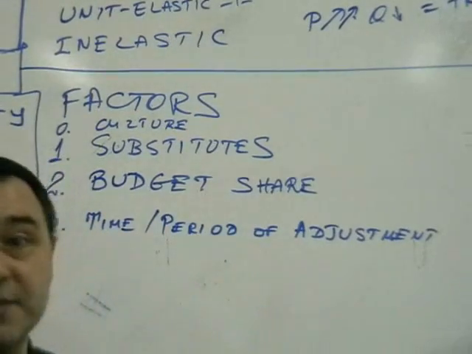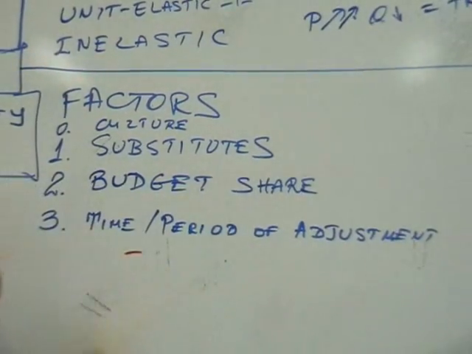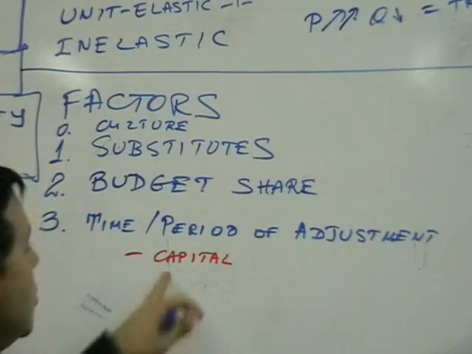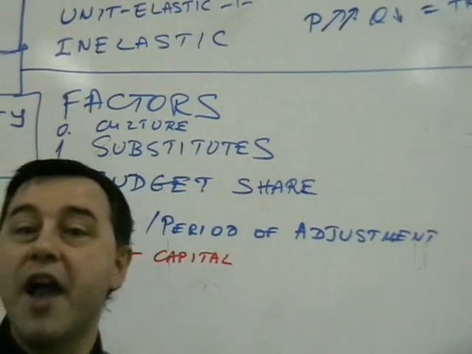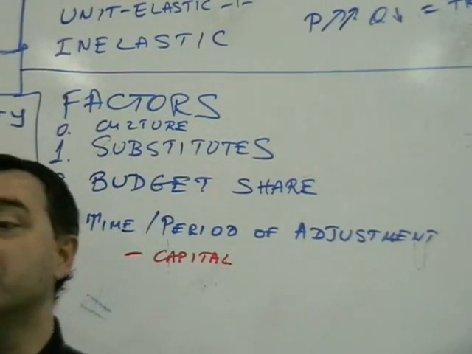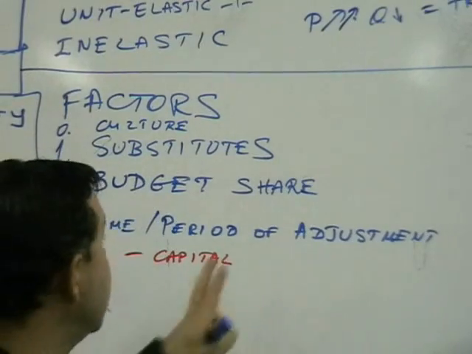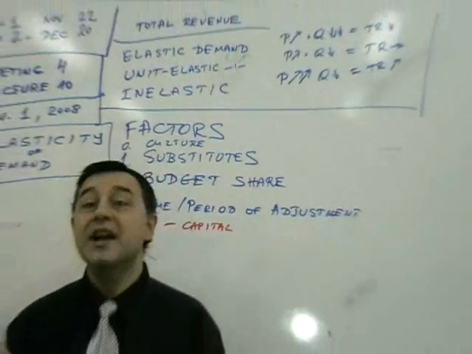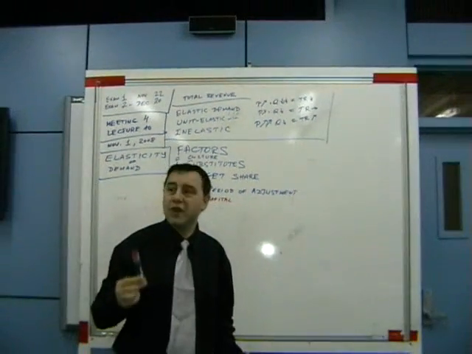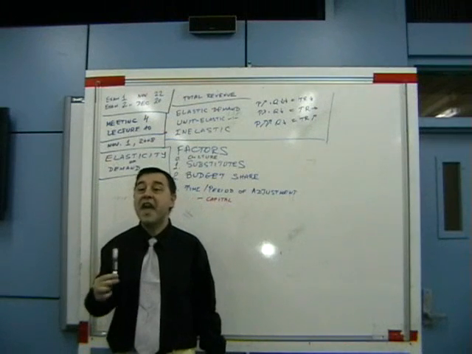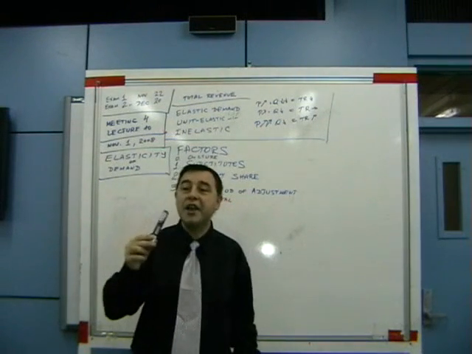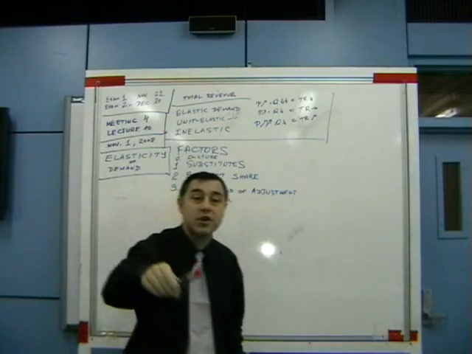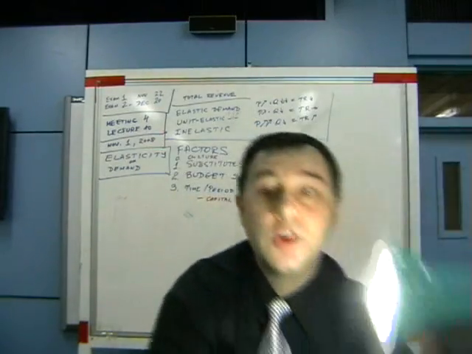The third way of adjustment, and this is the biggest one, which takes the most time, is capital. Usually adjustments require one form or another of capital. An example of an adjustment that I have seen in Bulgaria is that electricity became so expensive for ordinary Bulgarians that they actually began to use high efficiency bulbs. Rather than using those ordinary bulbs, they use those high efficiency bulbs like the one over here, right?